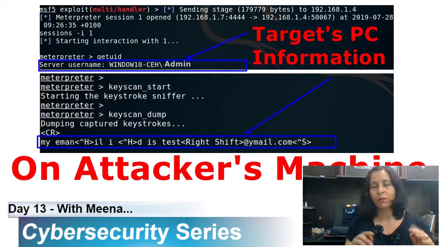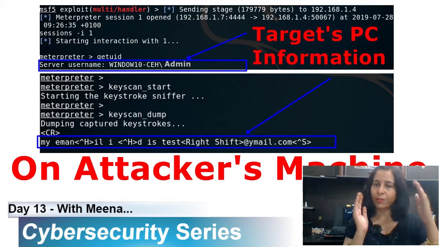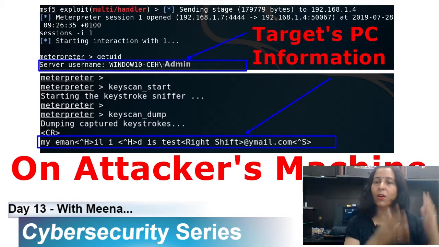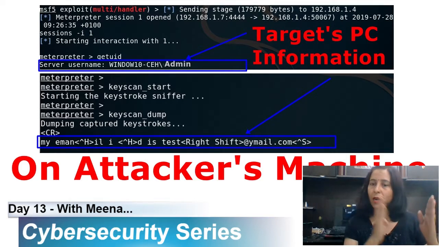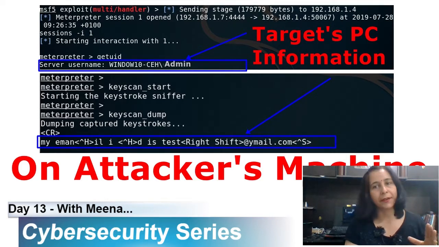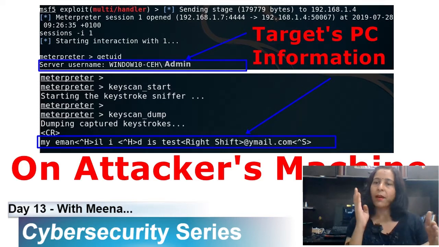Okay, so once the software is clicked and installed on the target machine, a session will generate between the attacker and the target. Okay, and after getting control of the target's machine,